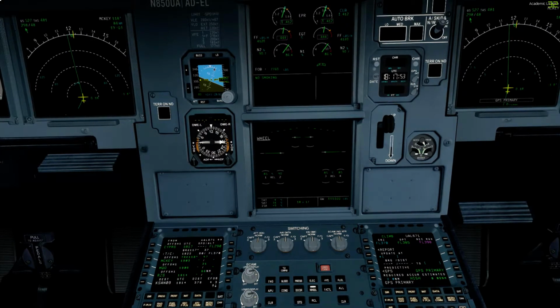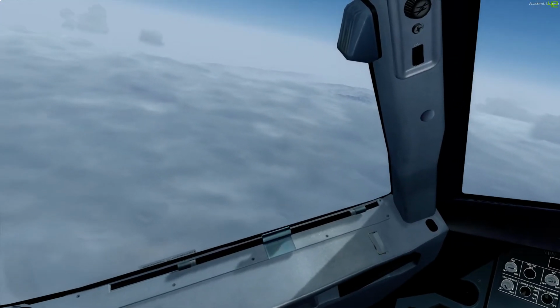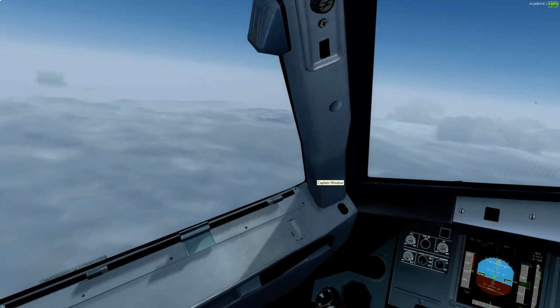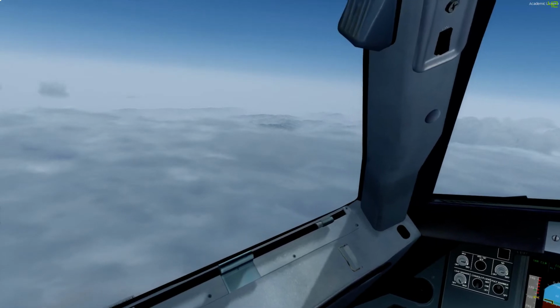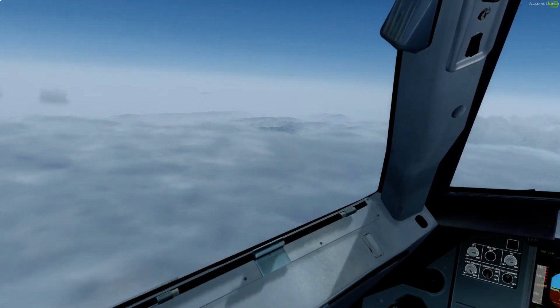I don't know the Airbus systems 100%. Some lovely little mountains poking out over there. I don't know the Airbus systems 100%, but